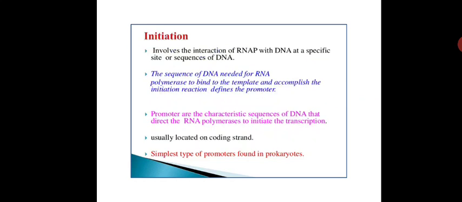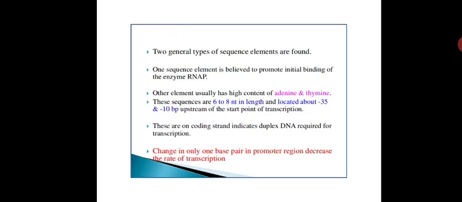The simplest type of promoters can be found in prokaryotes. Two general types of sequence elements are found. One sequence element is believed to promote the initial binding of RNA polymerase, and the other usually has a high content of adenine and thymine. So this sequence, from where initiation is going to happen,